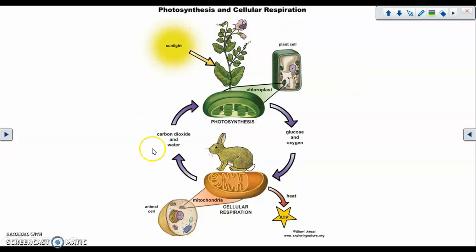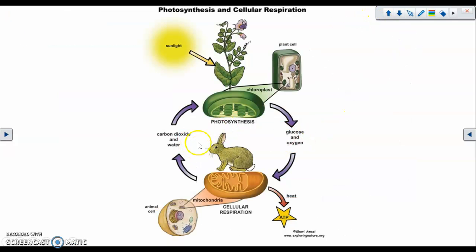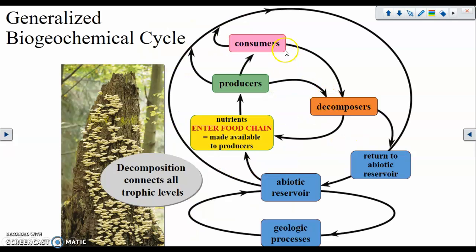So again, this is the cycle in which we, animals and plants, are somewhat related. I'm just going to go back here. We're talking about carbon dioxide, water, glucose. Glucose is just a form of carbon compounds, and oxygen. So there are three primary compounds shown here: carbon dioxide, water, and oxygen. Those three substances, as well as other substances, are in this case cycled through the planet, and that is called